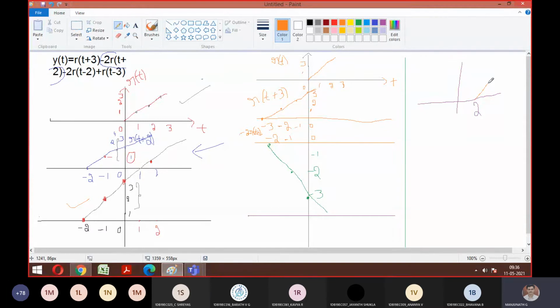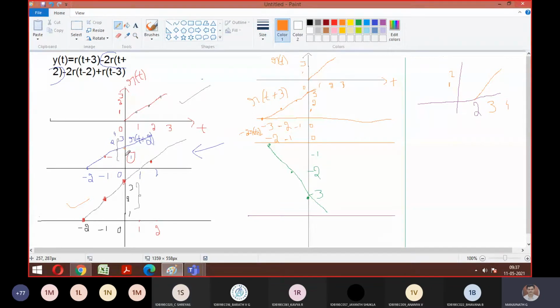Correct? So if you do 2 times of this, in minus 2 r of t plus 2, the third one, 0 will go to 4, won't it, sir? Because 1 to 2 means 0 goes to 4. One minute. What was the amplitude first? So what was the amplitude here? For 0 it was 2. For 0 it's 0, first. This one I'm talking about. See, minus 2 is 0, minus 1 is 1, then 0 is 2. Oh, 0 is 2, sir. Then 2 into 2 it will go to 4, sir. Yeah, I will tell for 3. Okay. Yeah, correct. So it will go to 4.